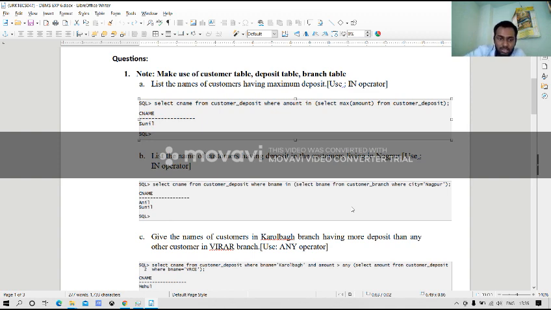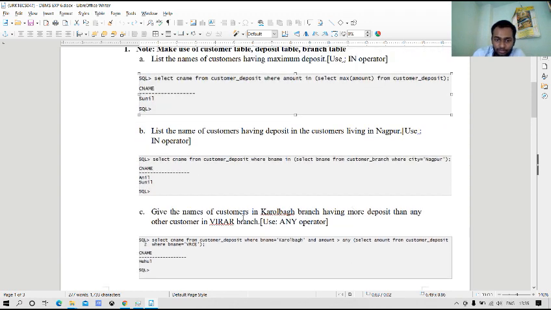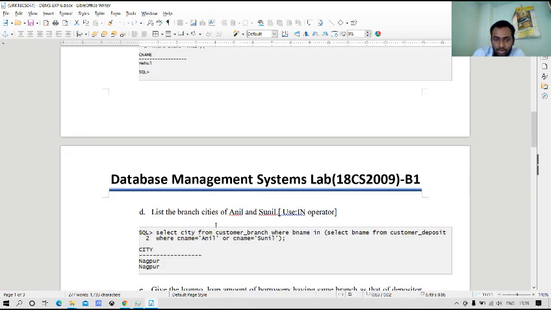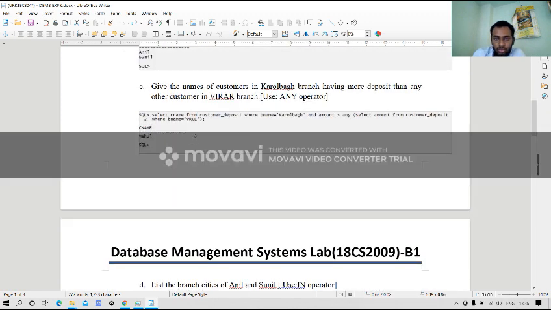So we got those names. Next: give any customer in Karolbagh having amount greater than any other customer in the Virar branch. So here we have two queries.